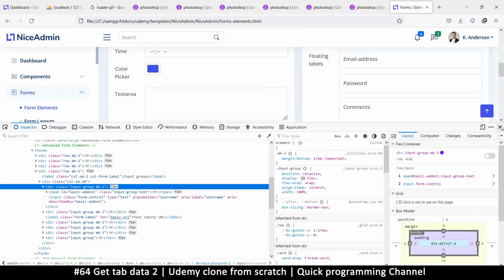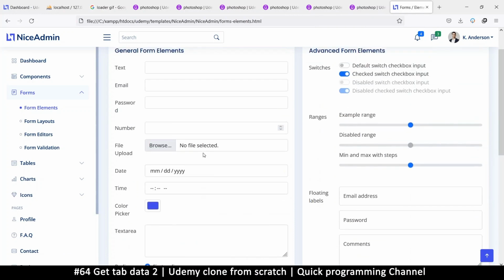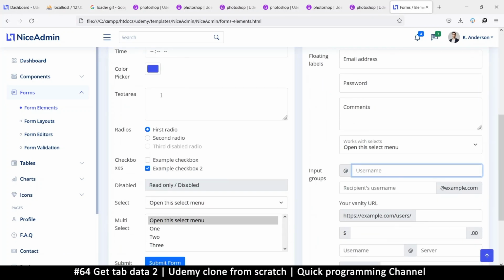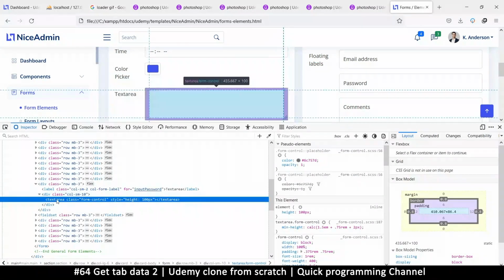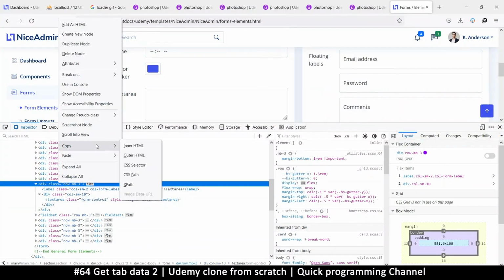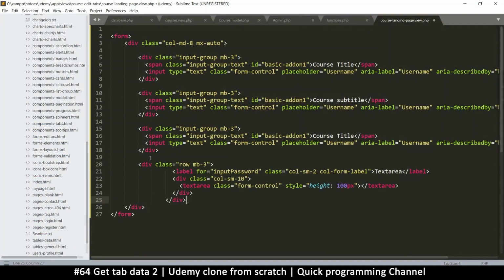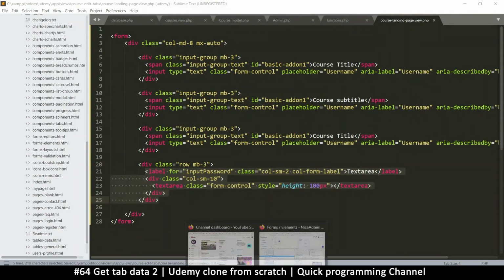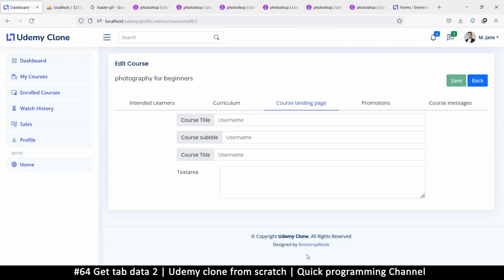Now the course description will be a bit different. Let's go and grab maybe a text area like this. So let me grab this text area and go inside and say inspect. And where is this? It's this one. So copy outer HTML and let's paste here. All right, so let's refresh, and this is what we have. So the text area has